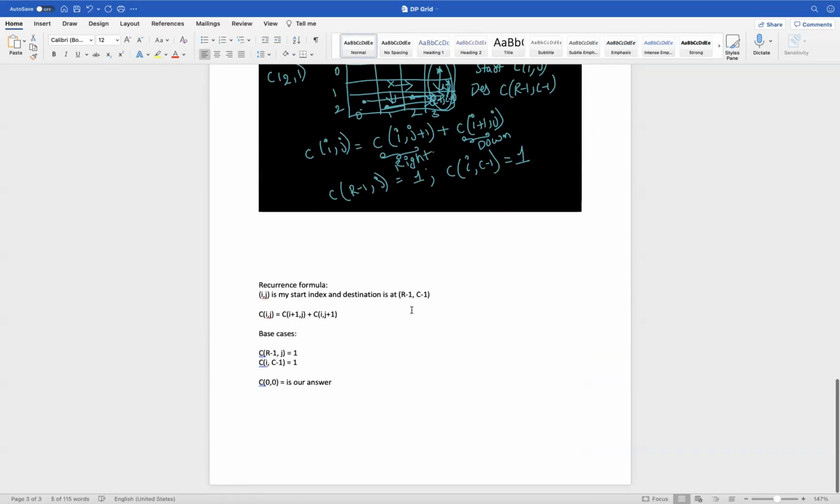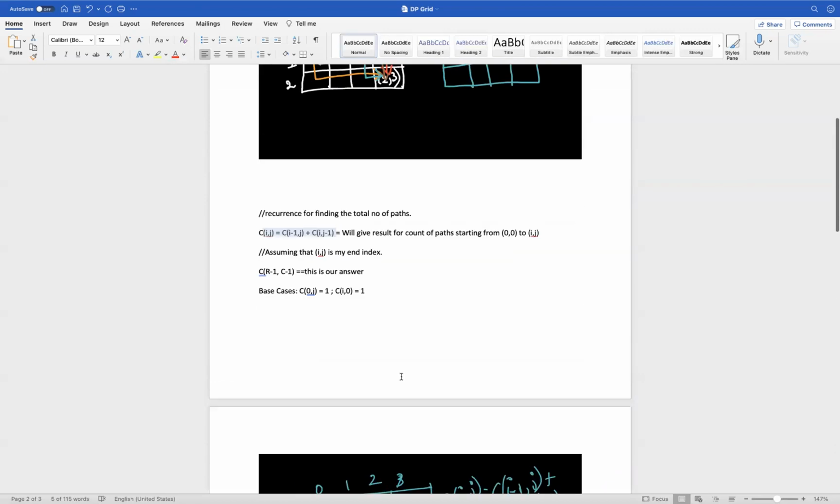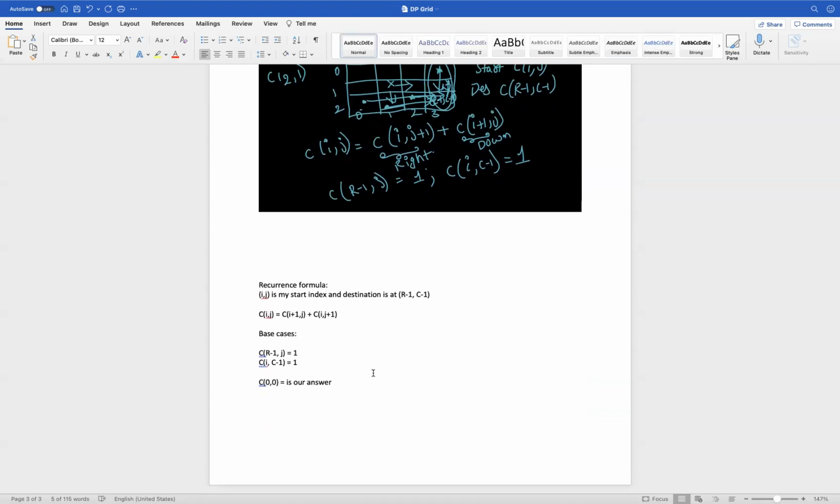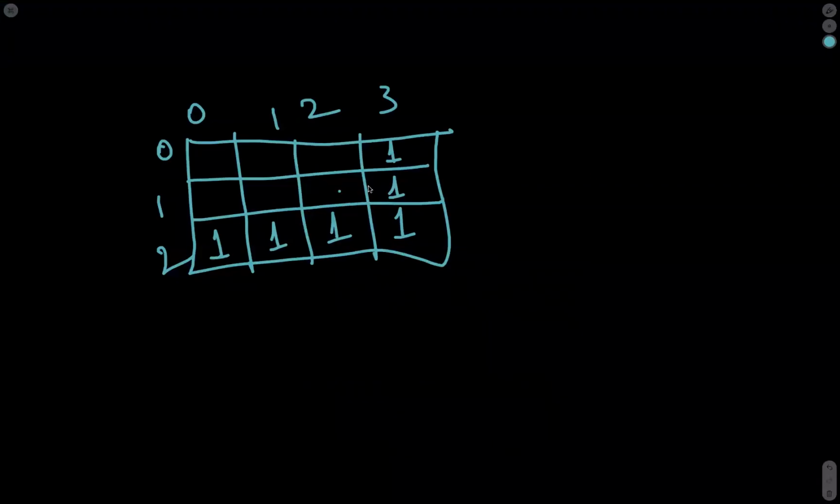In order to get the value of this cell, it is the sum of the downward direction and the right direction: 1 plus 1 is 2, this is 2 plus 1 that is 3, and this is 1 plus 2 that is 3, and this is 3 plus 3 that is 6, and this is 3 plus 1, 4, and this is 6 plus 4, 10.